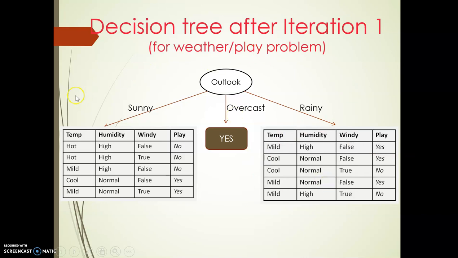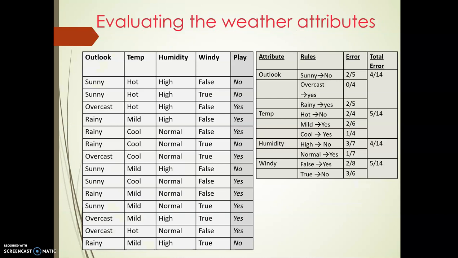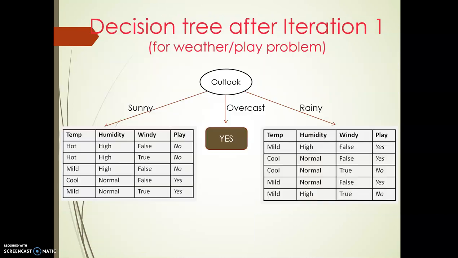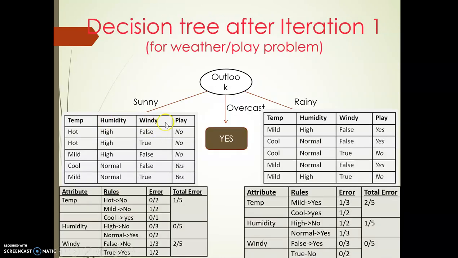Once you are done with this method, where you have decided the root node and where you have constructed the leaf attributes that you are going to take under the root node, and constructed the table for the leaf nodes here, the next step is to repeat what we did earlier for calculating the errors. So you can see here again the temperature attribute. How many values are here? Hot, mild, cool, three values are there. So again go for calculating.